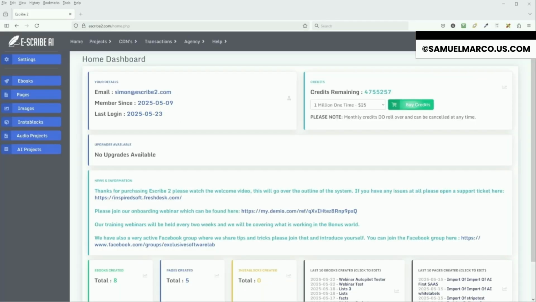Hi everybody, I'm going to give you a very quick demo of eScribe 2. I'm very proud of this product. It's a complete end-to-end ebook creation and publishing service. Now I'm going to try and get through this as quickly as possible. There's an awful lot in here and a lot it does, but I don't want to bore you. So I'll skip through as much as I possibly can just to give you a general overview and flavor of